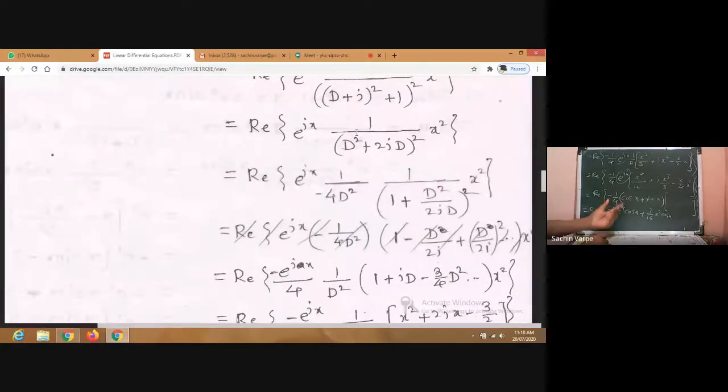Plus next. Now minus 1 by 4 i times this will be imaginary. Minus 1 by 4 i into i will be i square. I square is minus 1, minus minus plus. So 1 by 4 into 1 by 3, 1 by 12 x cube sin x. So I'm writing here plus 1 by 12 x cube sin x. Please check, x cube sin x. And next is minus 1 by 4 i sin x into this will be imaginary, isn't it? So that is only the real term.